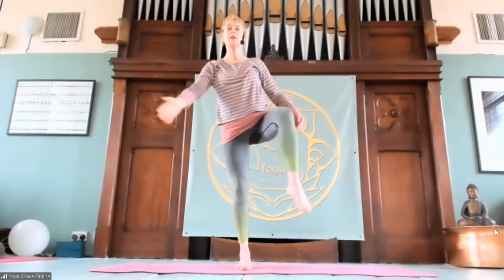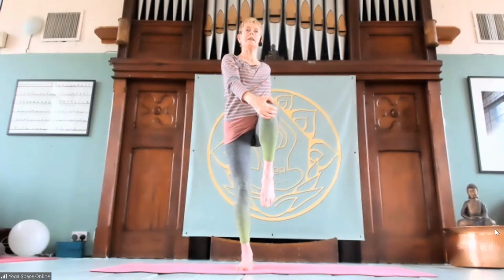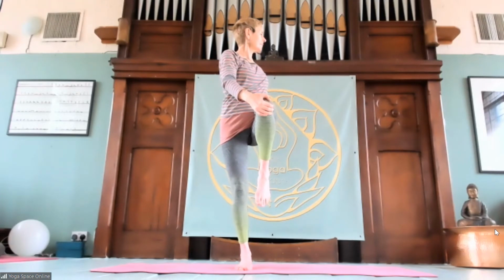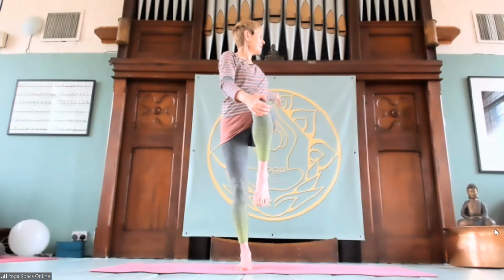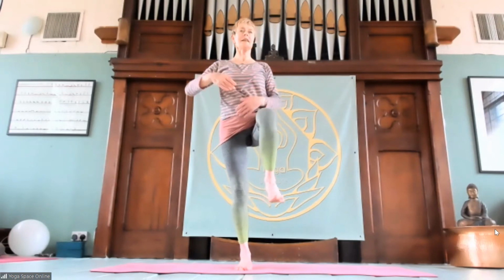Keep your center line. Now as you draw the two parts of the body together, left knee, right arm, lift up, and then start to turn towards the left. If you've got your balance nicely, you can bring the left arm behind you. And enjoy that twisting through the abdomen. And then just as you let go of the knee and come back to center,